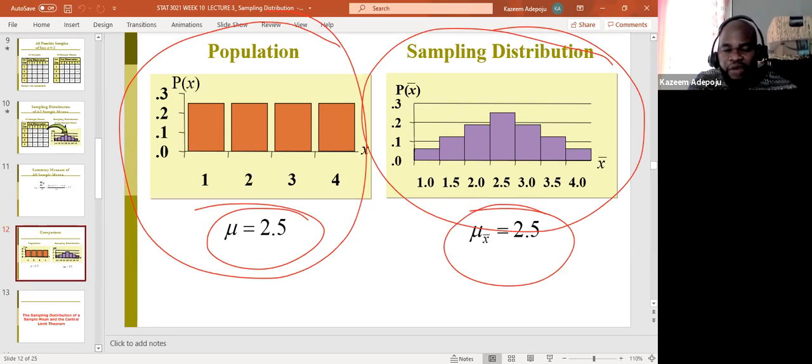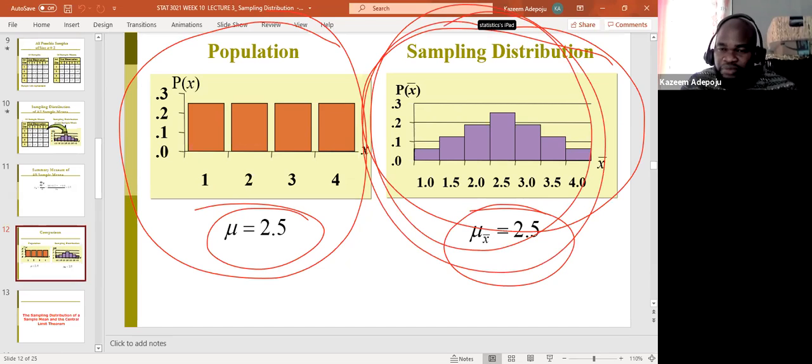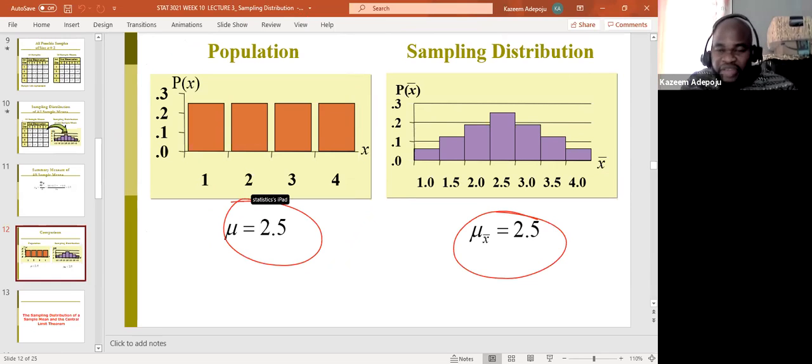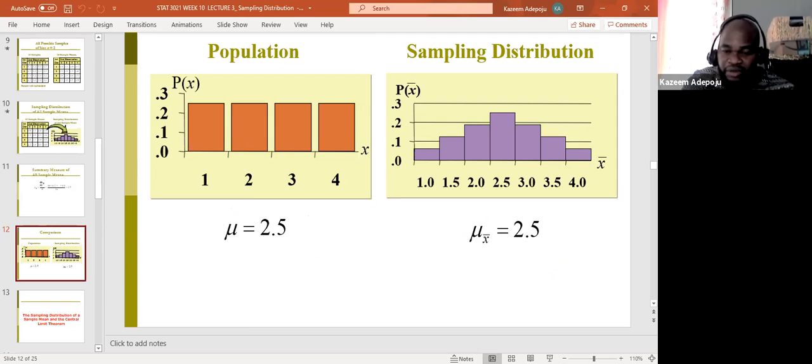But you know that the one that we're actually going to prefer is this one here, okay, because of the shape. The normal distribution is highly preferred in statistics because though they have the same mean, let me tell you this, the variance associated with the sampling distribution will be smaller than that of the other one. Okay, and that is what we care about. We care about the variation. We care about the variance. We care about the degree of variability. That matters a lot. Okay, so take a look at that.